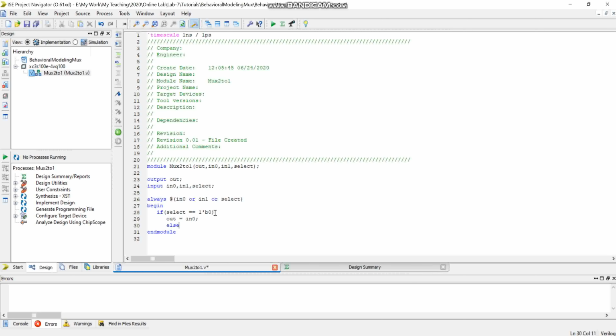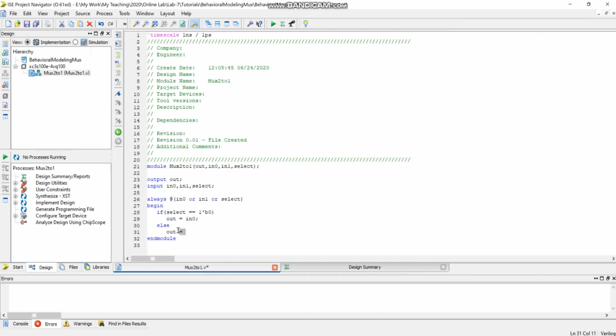And else, if this condition is not satisfied, it means the select is not equal to 0, which means select is 1, and in that case out should be equal to